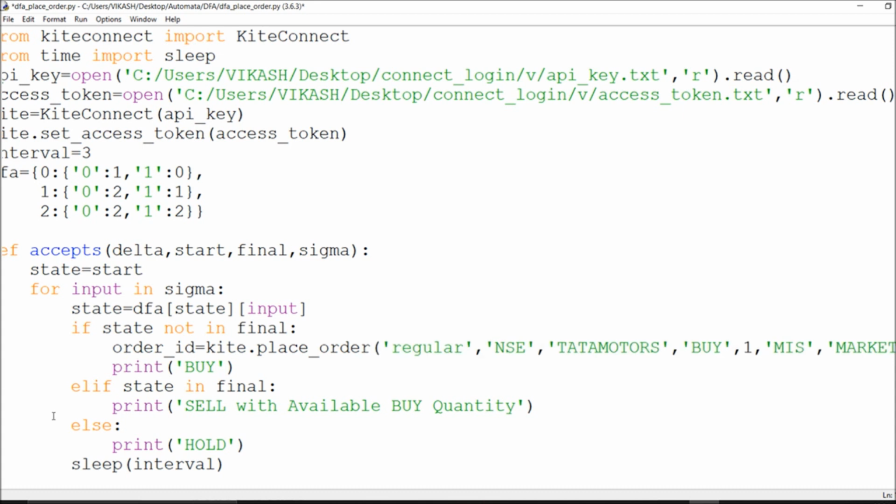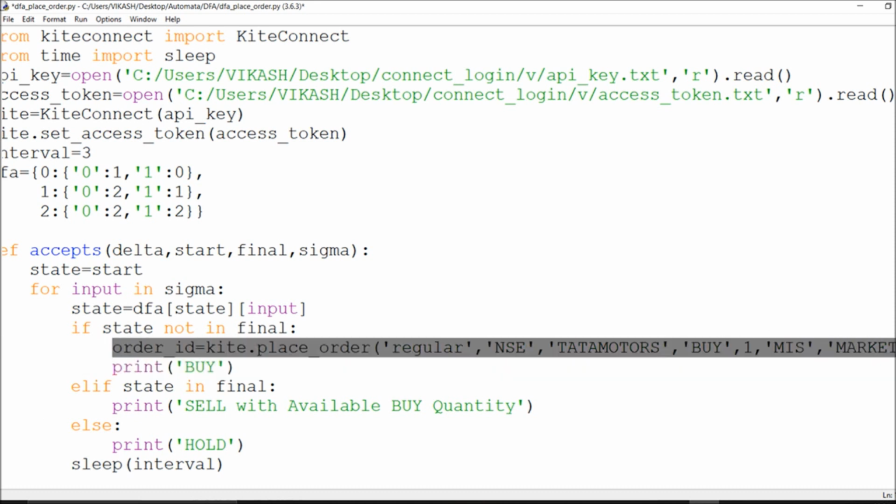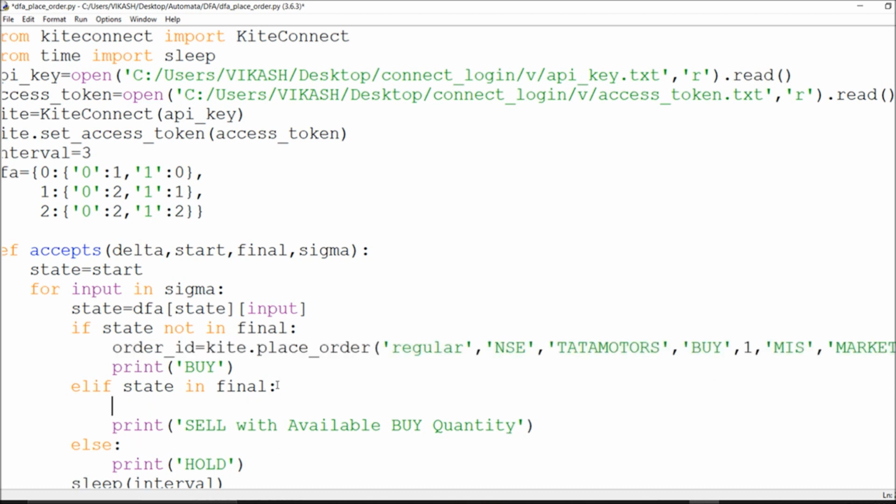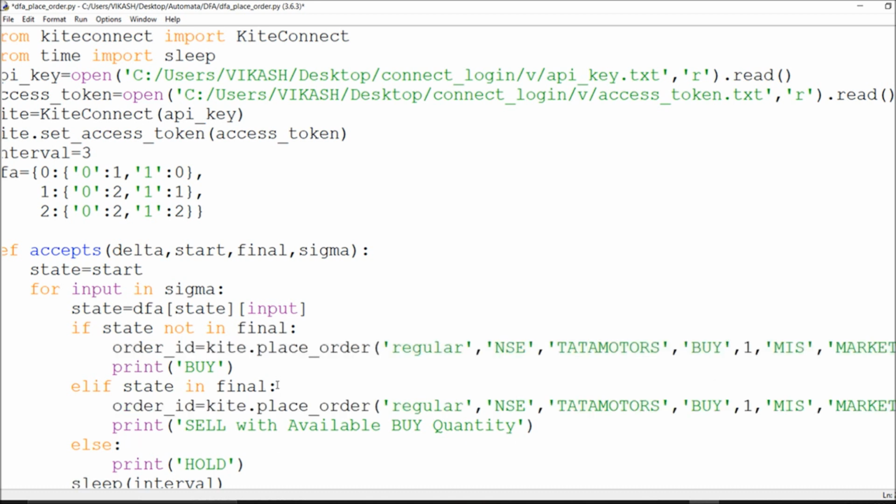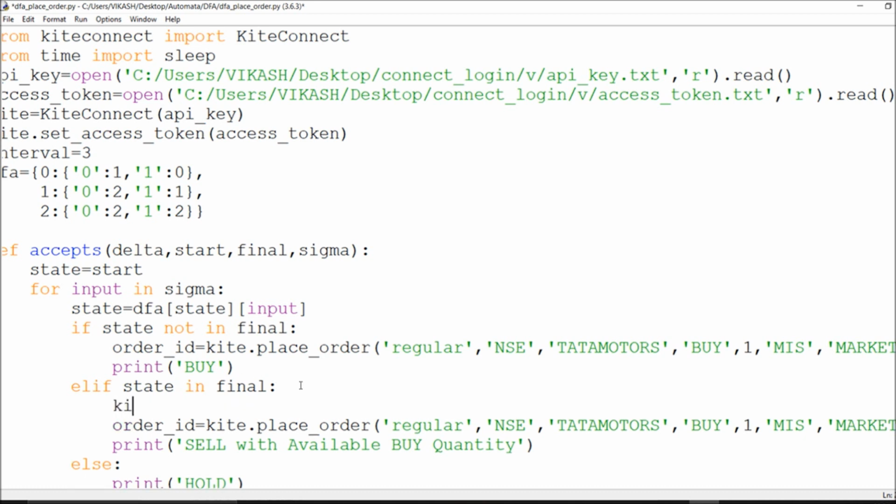And then, suppose I want to get into the algorithm itself and I don't want to look in my position book, it will be very simple for you. You already know how many orders I've placed. If you look into the position book, you already know that statement, kite.positions. If you do this and search out your trading symbol and the quantity, you will definitely get this.